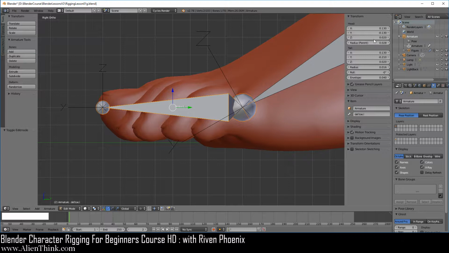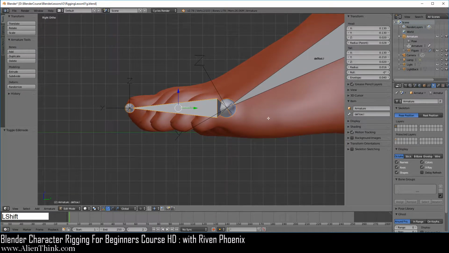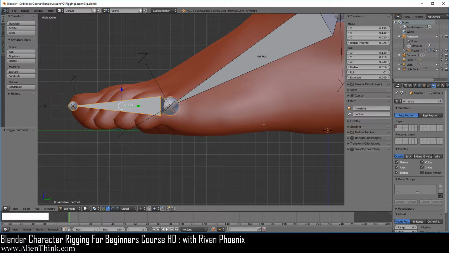It's inside. Now notice that over here, the numbers that are being displayed for the head and the tail, what it's actually showing is how far the head and the tail is away from the origin point that belongs to the armature object. So if we hover our mouse over here, do Control C, and then hover our mouse over here, do Control V, what we've done is place the head and the tail to be at the exact z-axis, meaning that they are on a horizontal line over here.